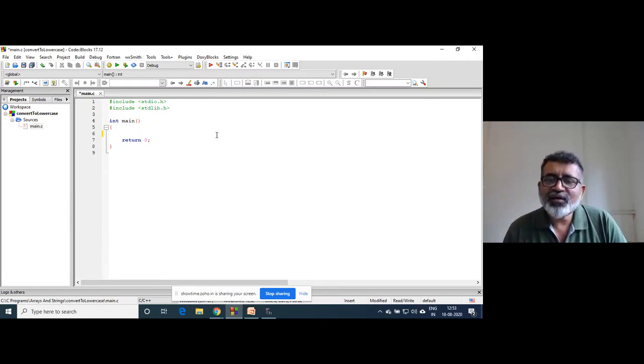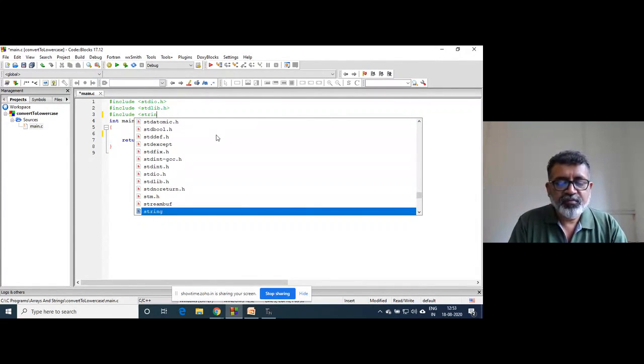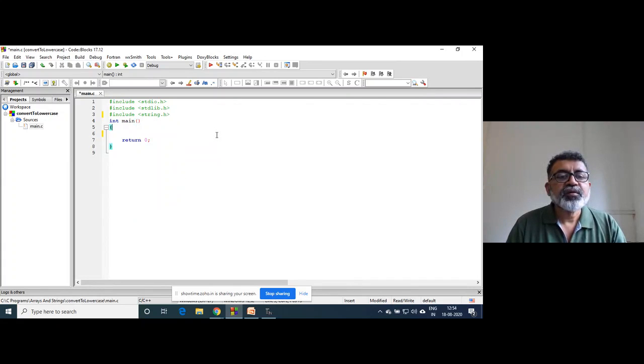So this kind of function is there in the library of C. Suppose there is a string like char student name, stored like this. If I call the function as strl,